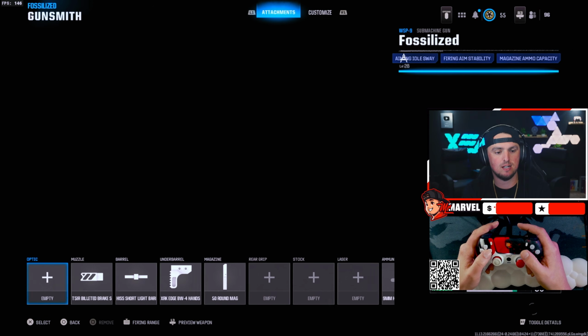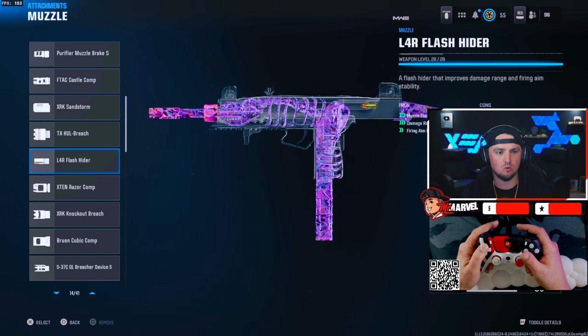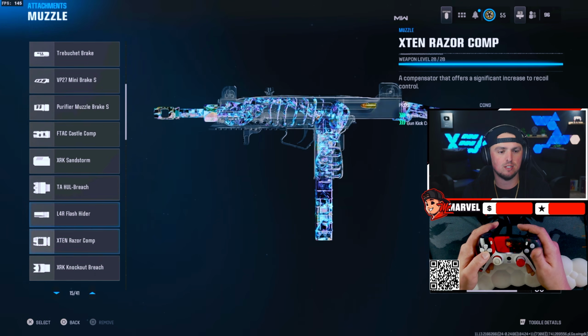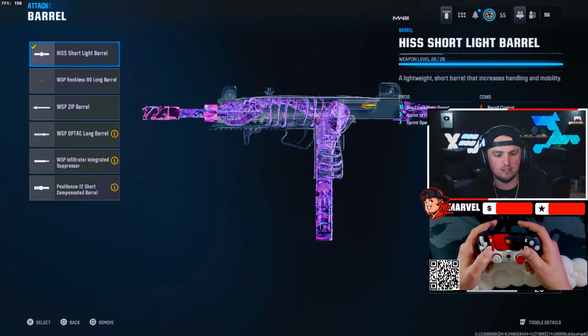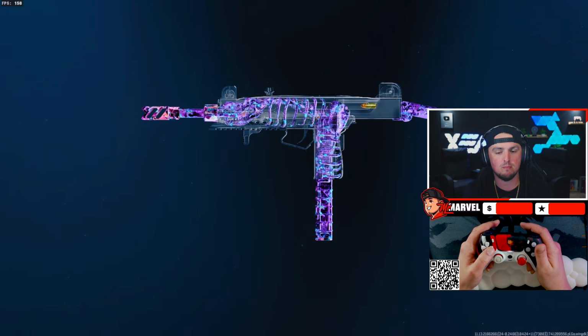And for that WSP9, I'm still rocking that billeted break S muzzle. You can use any of these, honestly, they really work. Yeah, a flash hider would work too, but I like either of those, but I'm running the billeted break. Then I'm running the short light barrel along with the XRK Edge hand stop underbarrel, 50 round mag, and the